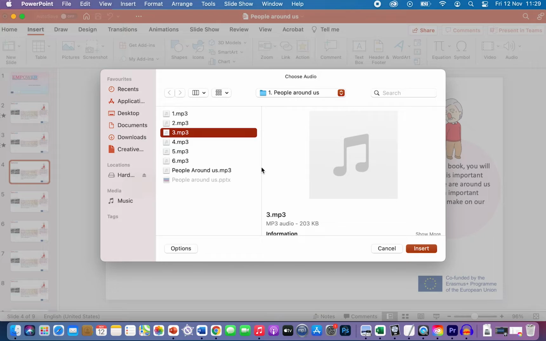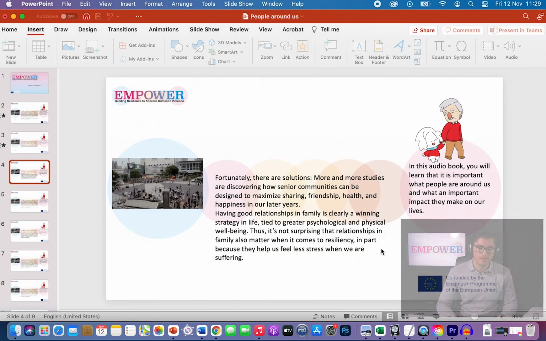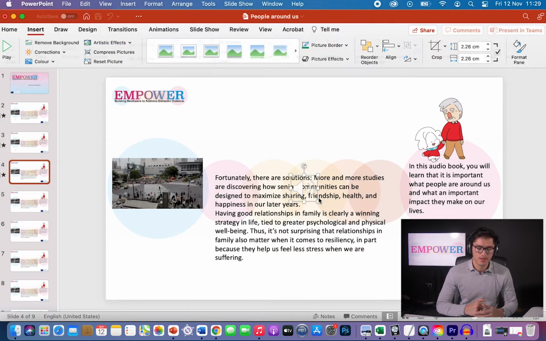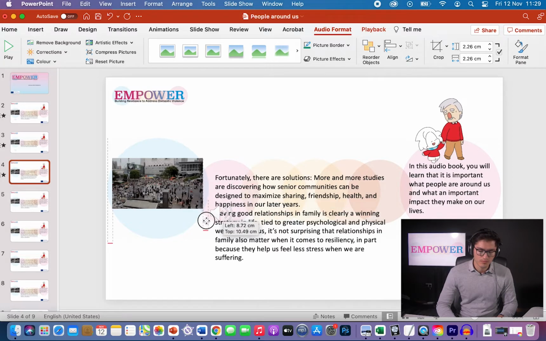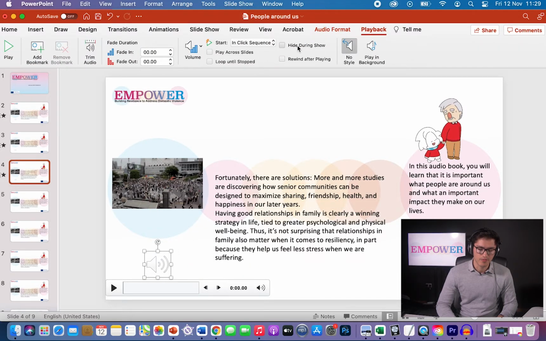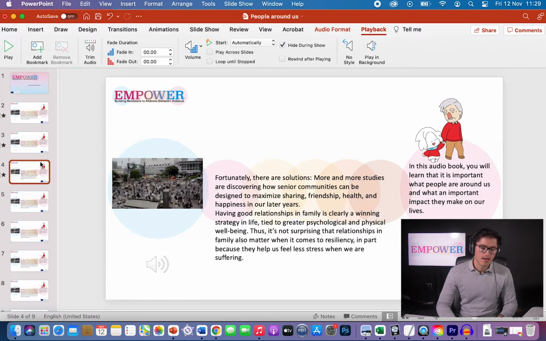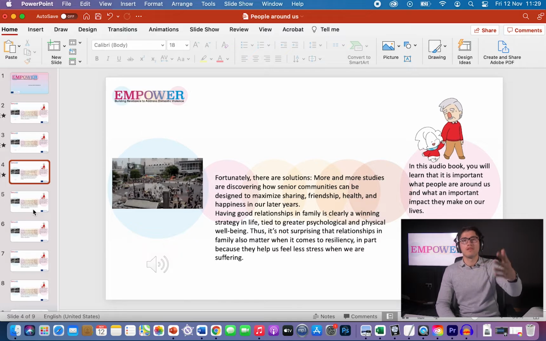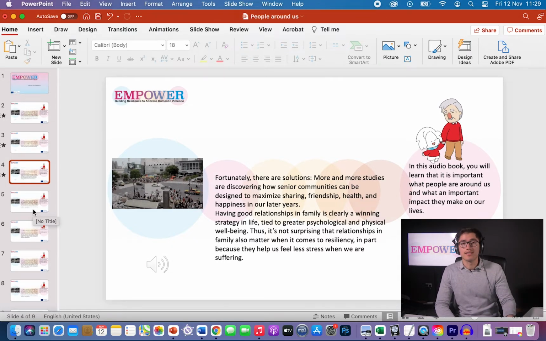This is number 3. Insert, Playback, Hide, and then Automatically. And we have to repeat the same process through all the slides.